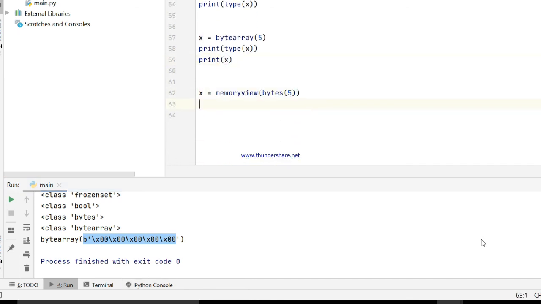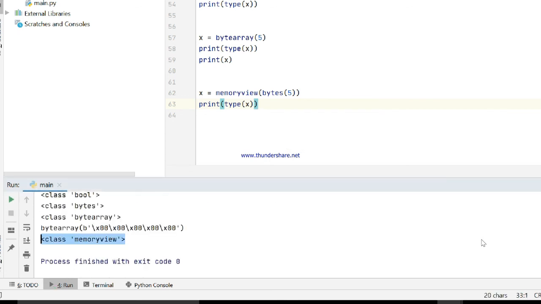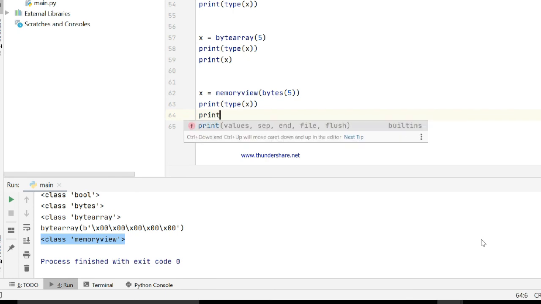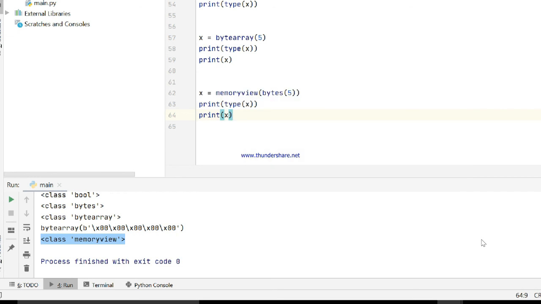Memoryview also belongs to the same data type category as bytes and bytearray, that is the binary data type in Python. Here, memoryview. If you want to print the value, then simply do this.